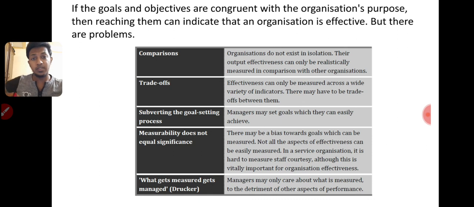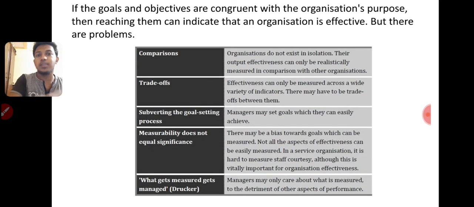The second one is trade-off. Trade-off means we have to give up one thing. We have to forgo one thing. If I use this time for lecturing, I am forgoing seeing a movie. That is a trade-off. If you use this resource on one person or one area, the other area or person will not get it, right? So the drawbacks are there, you can read them, it's very easy. I already explained this, so you can easily understand.